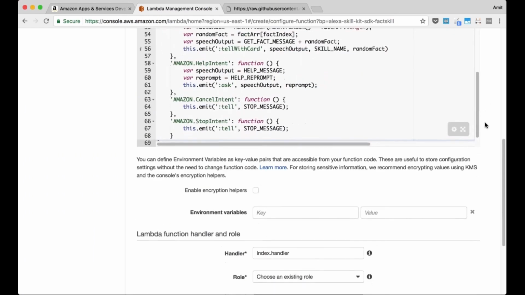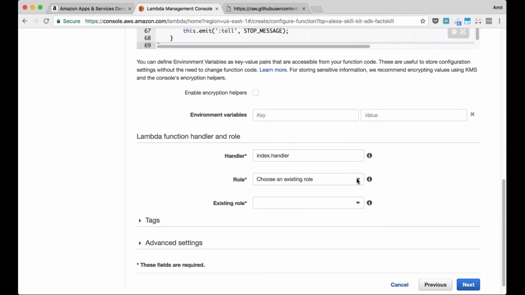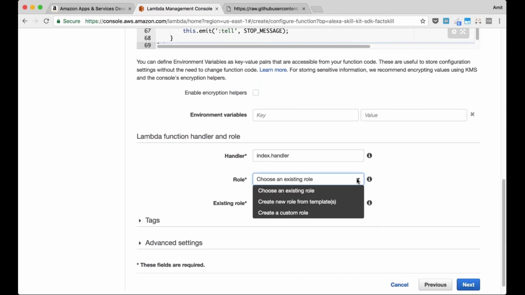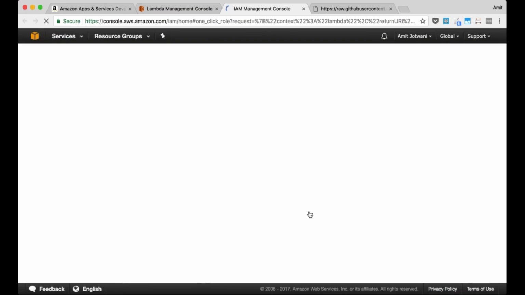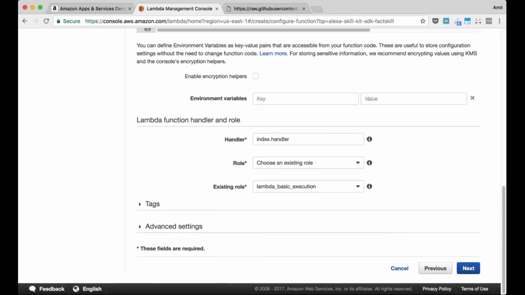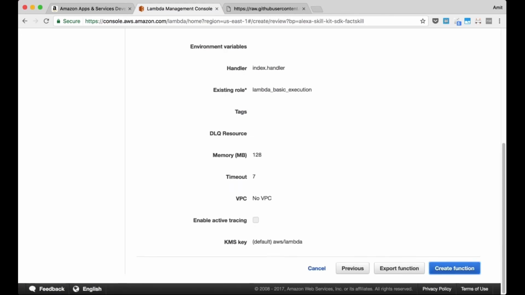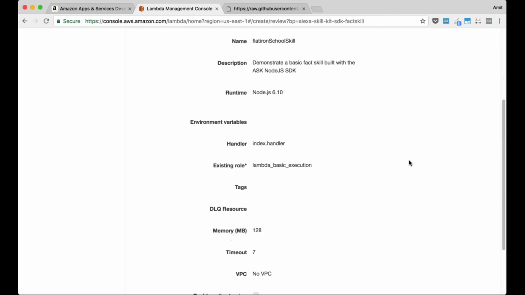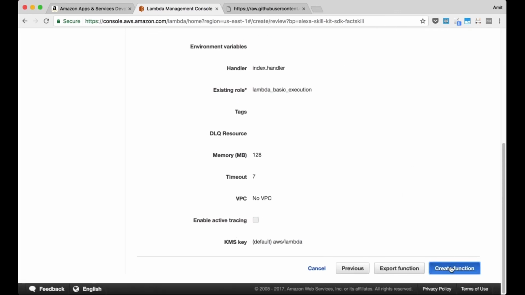And then I'm going to scroll down a little bit and make sure our Lambda function has the right permissions to be fired off. And in this case, I'm going to create a custom role. It's going to open a new tab, and all we have to do is click allow on the bottom right. So if you don't have the window all expanded, you may not see this button here. So make sure you are in full screen, or you may not see this. So click allow here and click on next. So it's just showing you or reviewing all the information here. I'm going to click on create function.